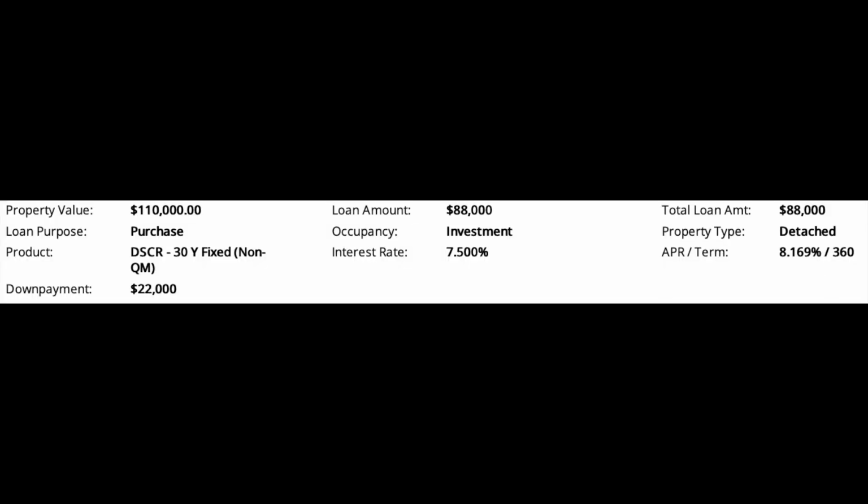So for the very first screenshot, I'll throw on the screen. Just going to show the very top part of the worksheet. The property value, $110,000. You guys can see there the loan purpose is going to be a purchase. My down payment, 20% down, is going to be $22,000, and that's going to be based off of the property value. So my loan amount when everything is said and done is going to be $88,000,